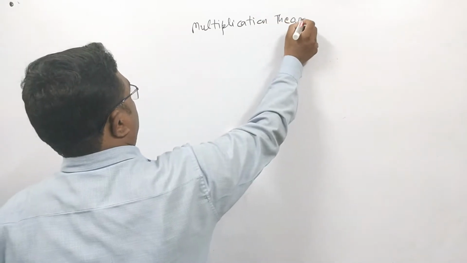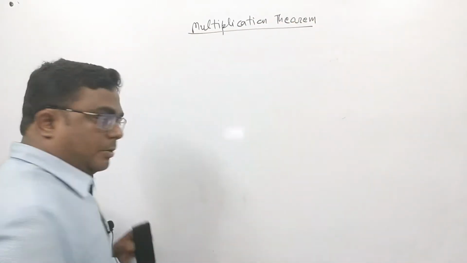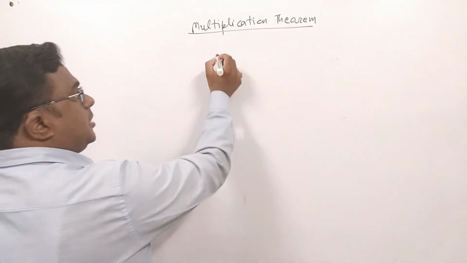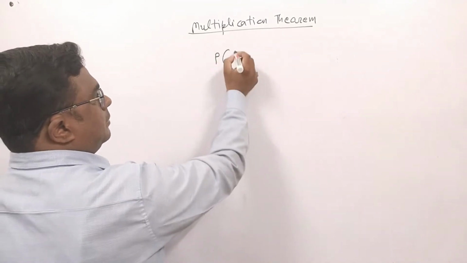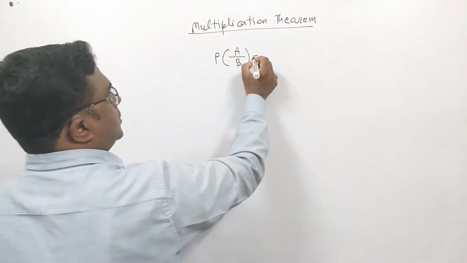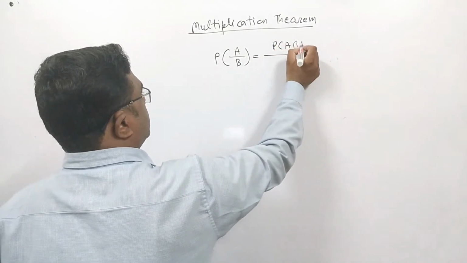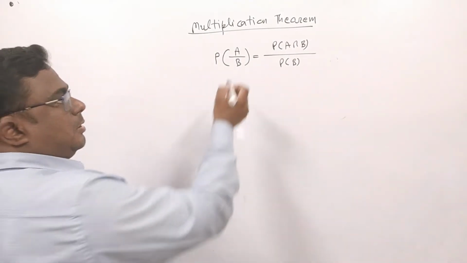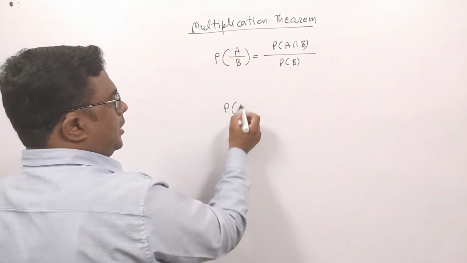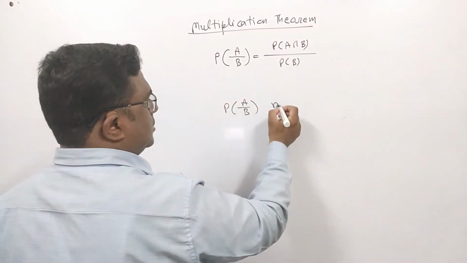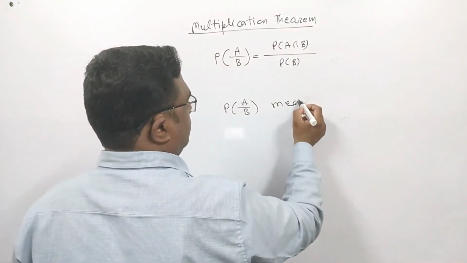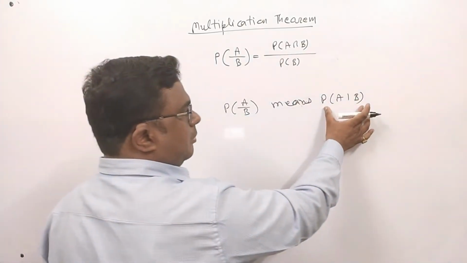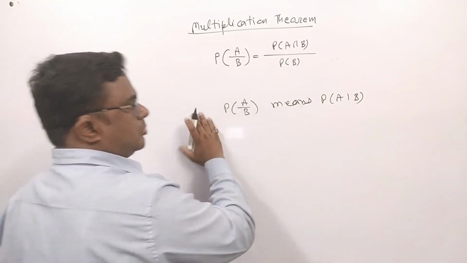Theorem on probability. Students, we have just studied the topic of conditional probability. Let us see the formula of conditional probability once again. P(A|B) is equal to P(A intersection B) upon P(B). This formula we have memorized. And here let me tell you that P(A|B), P(A slash B), is the standard symbol of conditional probability, but sometimes we use this also.